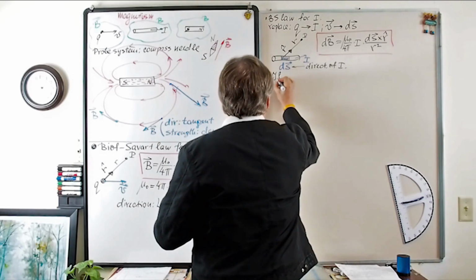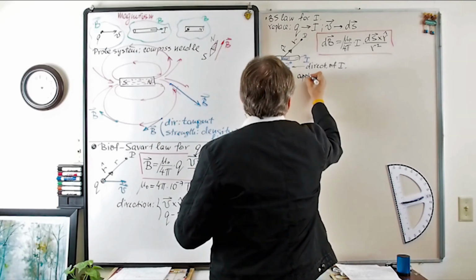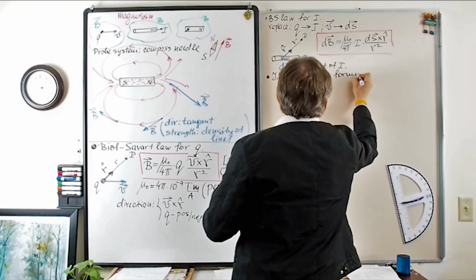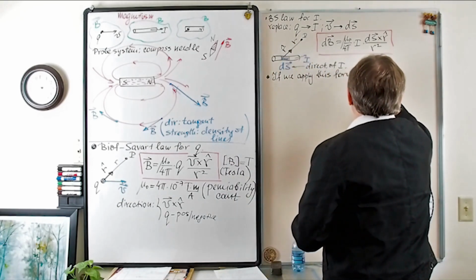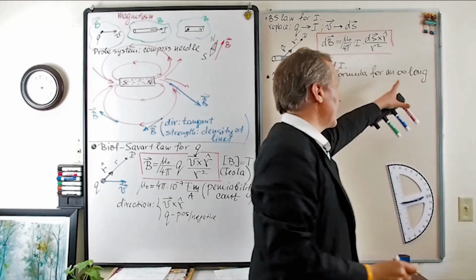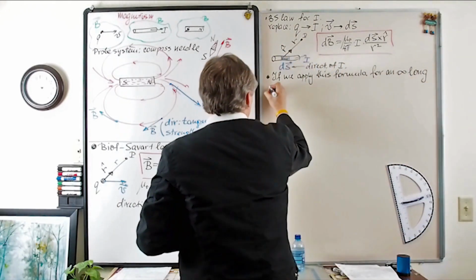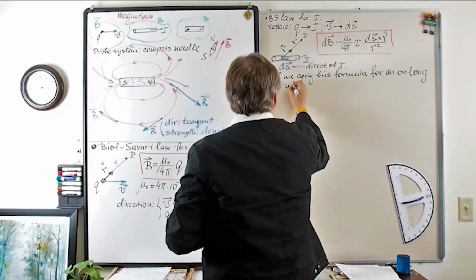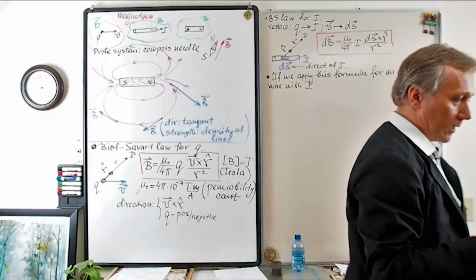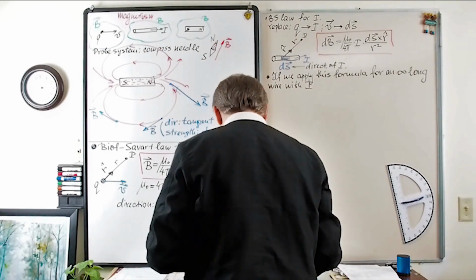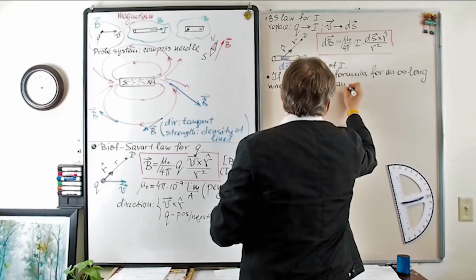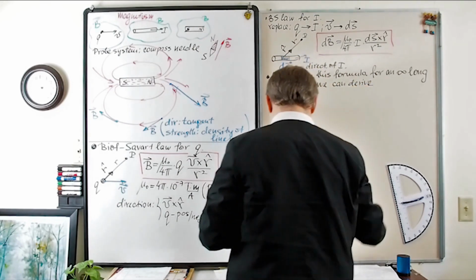Okay, if we apply this formula for an infinitely long, right? So it's the sign of infinity, infinitely long wire with current. In this case, current is constant in time, right? Current is constant in time. Then if we apply, we can derive. Right. Probably first I will